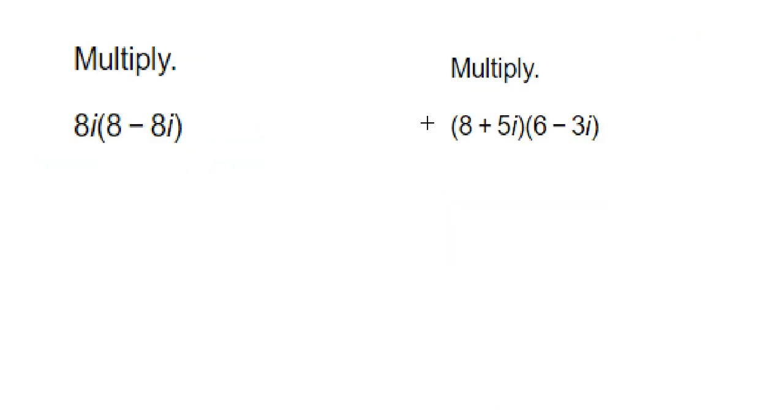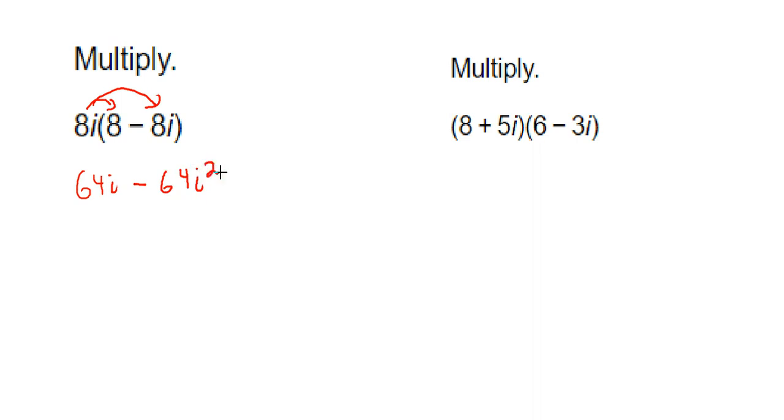All right, now here we're going to be multiplying. In the first case, we'll just distribute. We have 8i, that's one complex number. The real part is 0, right? This is a case where this is still considered a complex number, but the real part is 0, it's missing. That complex number 8i is being multiplied to this complex number, which is 8 minus 8i. And so to multiply these together, we'll just distribute the 8i into the parentheses. So we'll get 8i times 8, which is 64i. Positive times a negative is negative. 8i times 8i is